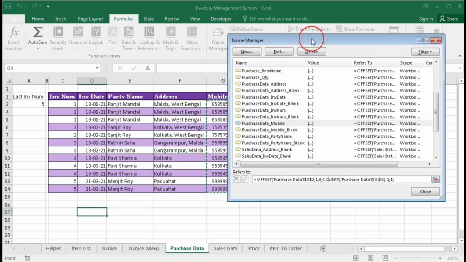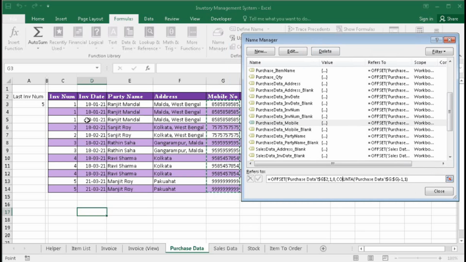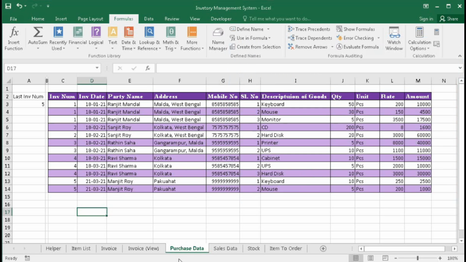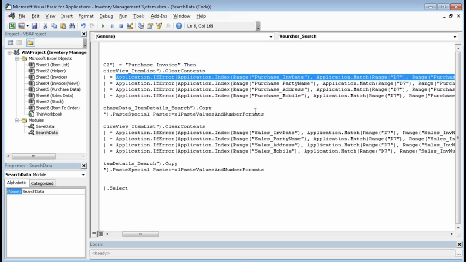So I have created all this: purchase date, party name, address, and mobile number. So let's go here. Here you can see this is actually the formula for IFERROR INDEX. This is the range, purchase invoice date, then the row number.